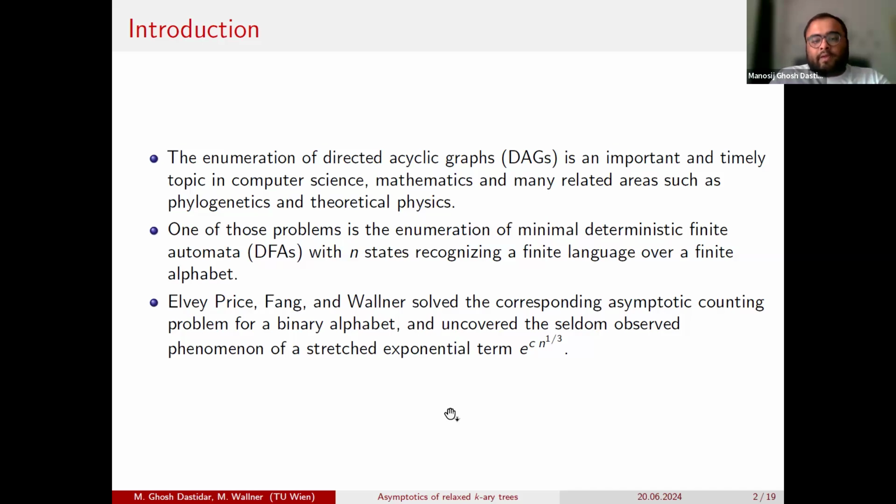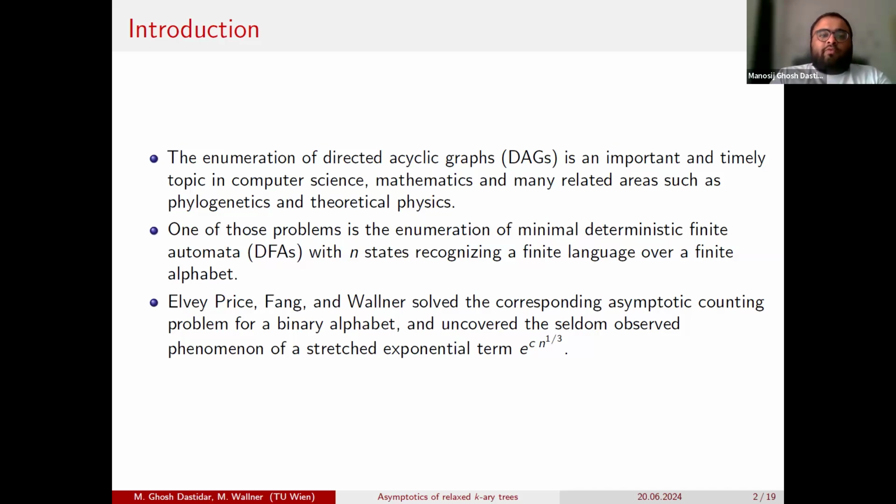While doing so, they related it to binary, compacted and relaxed binary trees.